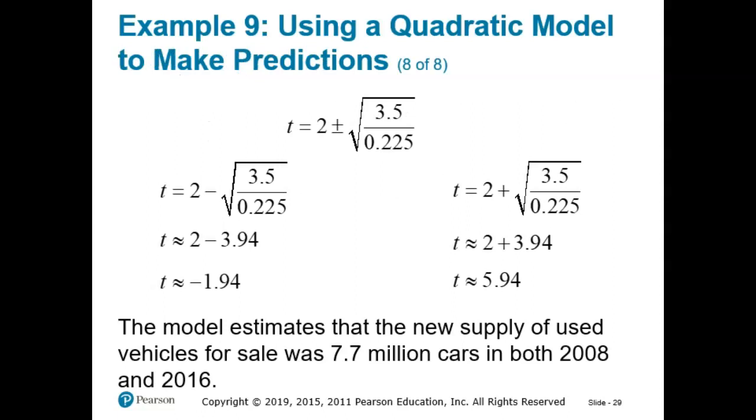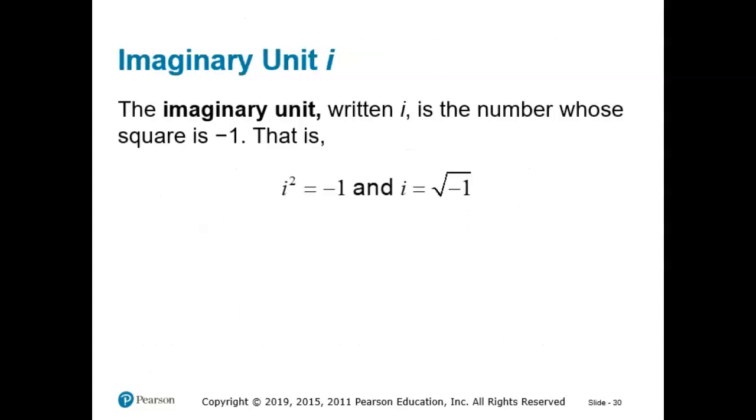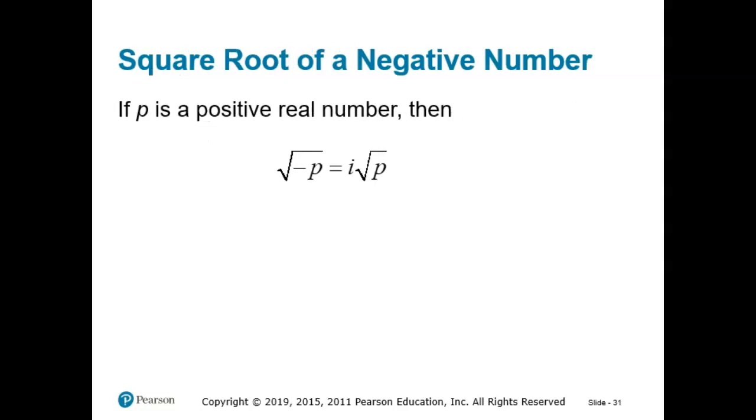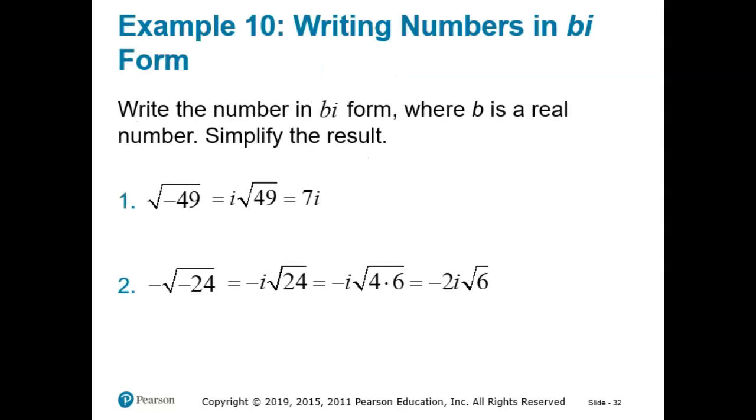Now, we're going to introduce the last little bit of this chapter, which is an imaginary unit. An imaginary unit is represented by the letter i. The square root of a negative 1 can be written as the letter i, which is an imaginary number, and it cannot be found on the typical number line. So, we always want as mathematicians to have a positive number under the radical sign, so whenever you have a negative number, you simply use the letter i to bring it to the front and outside and leave the positive number under the radical. So, for example, a